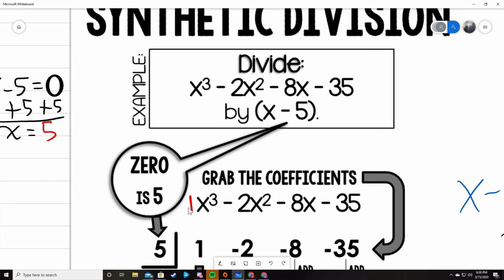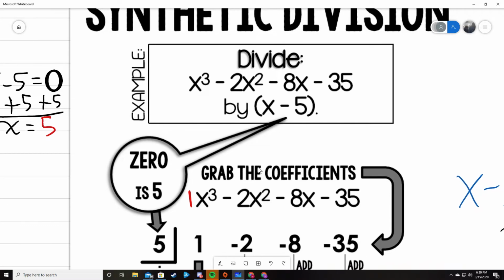Now, I decided to write this 1 here because we don't exactly see the 1. It's always just implied. So I wrote the 1 next to this x to the third power. So I got 1x to the third minus 2x squared minus 8x minus 35. I'm going to grab each of these numbers without the x, and I'm going to rewrite them underneath in this